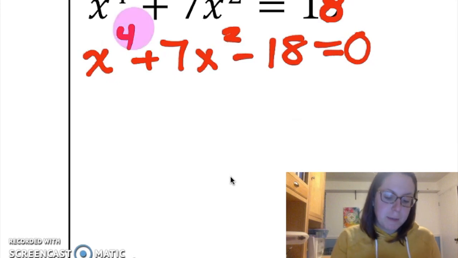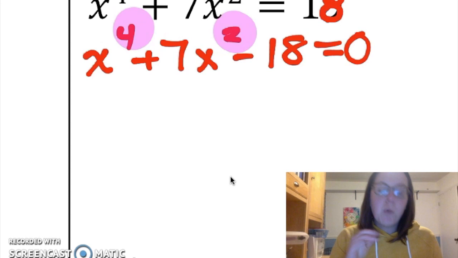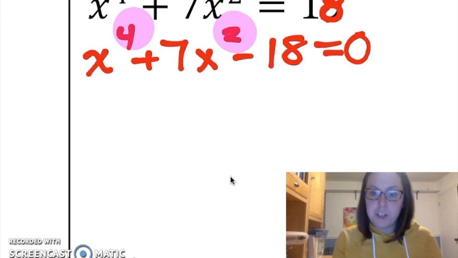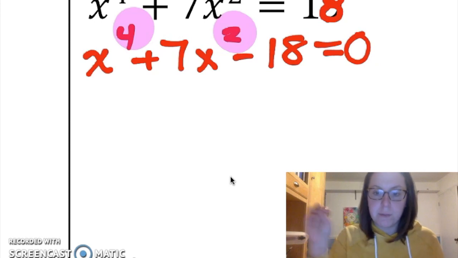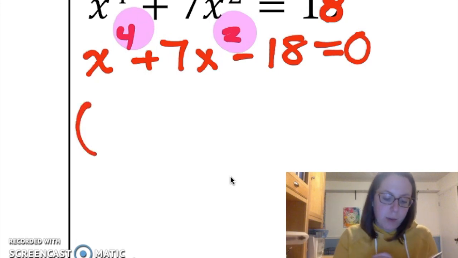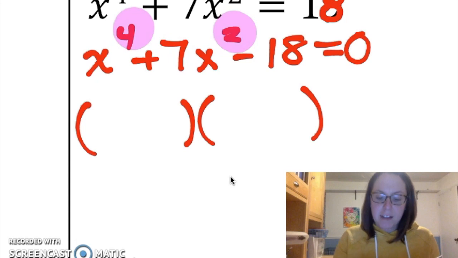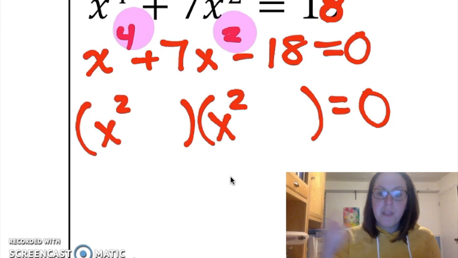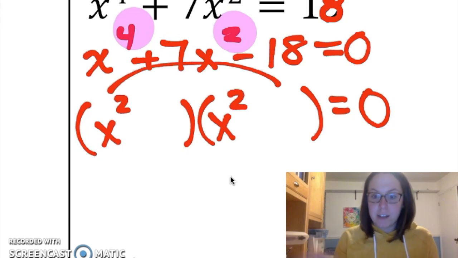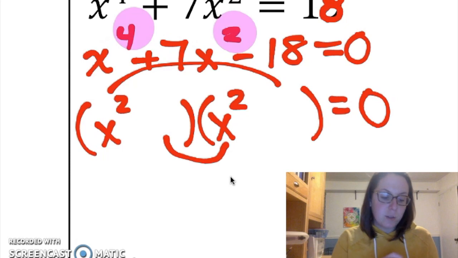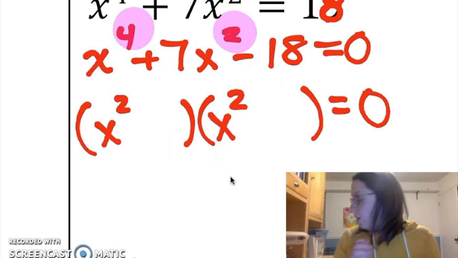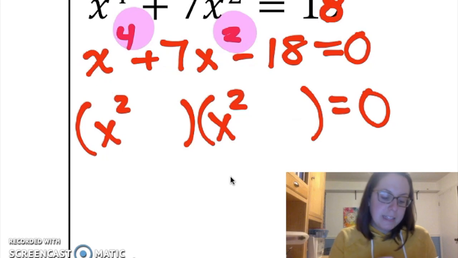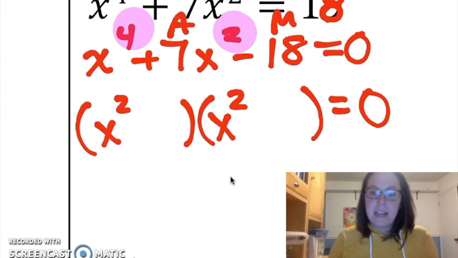But the thing that screws people up here is the x to the fourth and x squared. This looks like a trinomial with a leading coefficient of 1, and your leading exponent, the x to the fourth, is double your previous one, so you can still factor this the normal way. And here's why. The way I would get x to the fourth is by doing x squared times x squared. Then when I do x squared times that, I'll get x squared. So that's okay. So now we're going to look at this and say, okay, what numbers add to be 7 and multiply to be